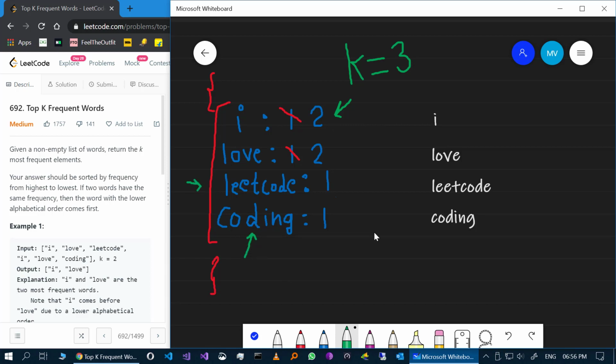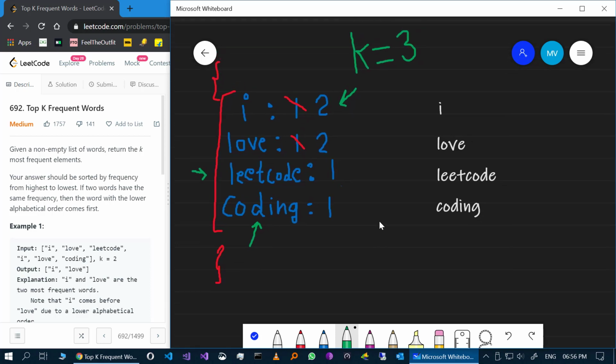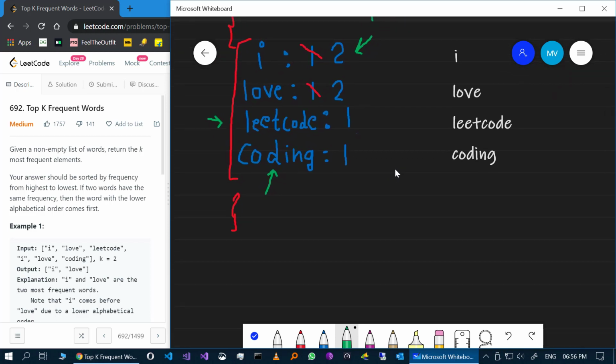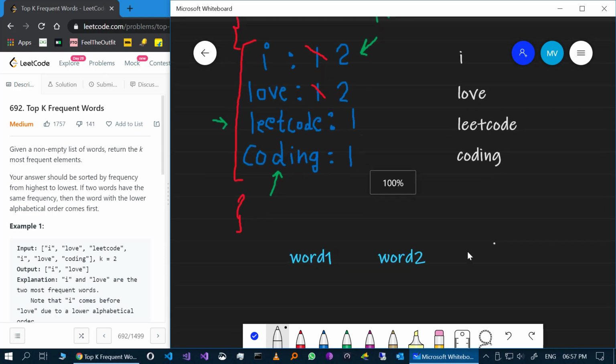Okay, custom compare takes two elements at a time and it does the comparison, which I have explained in my previous video as I told. So let's see how it will work here. From my custom comparer, I will get two words at a time, word 1 and word 2. These two will be the parameters of my custom comparer function.